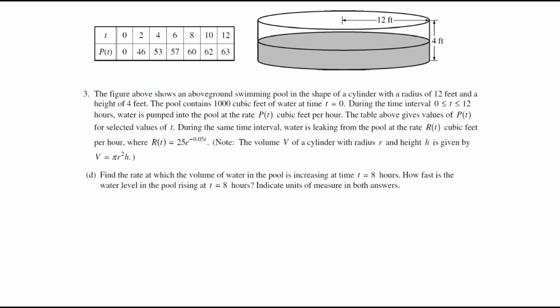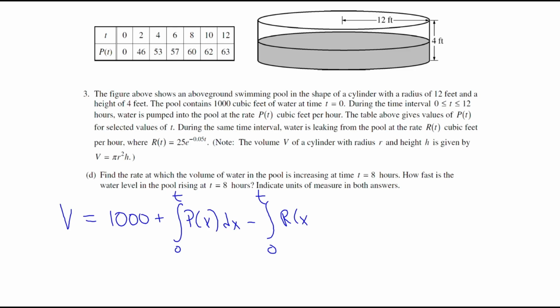So to find the volume of the water in the pool, V should be equal to the amount of water that was in the pool plus the integral from 0 to t of capital P, the rate at which it's being pumped in,